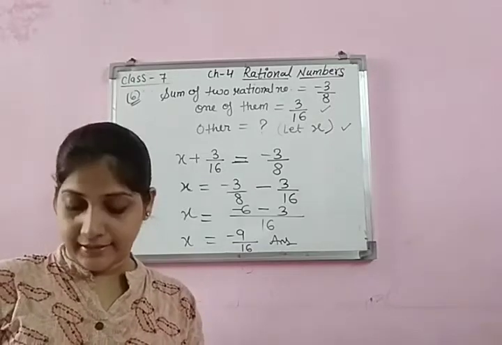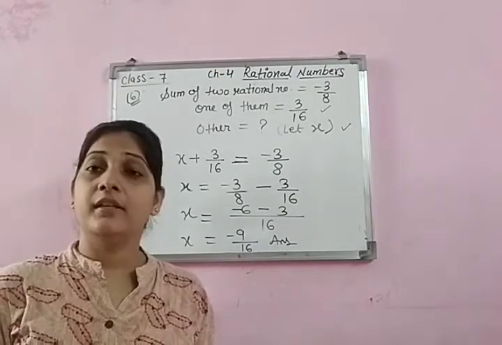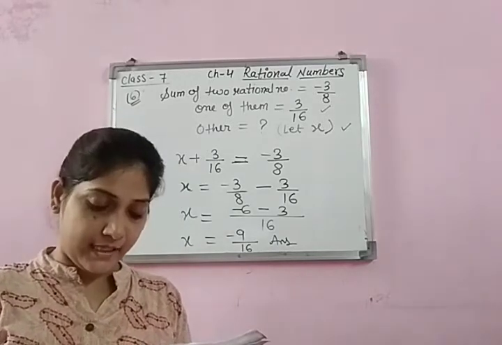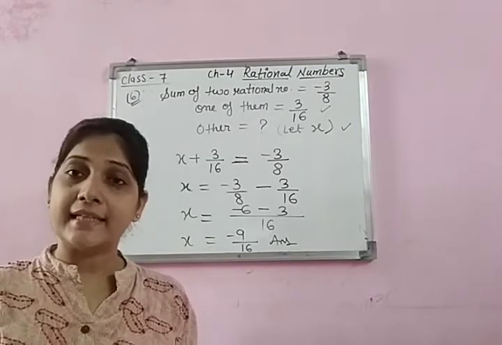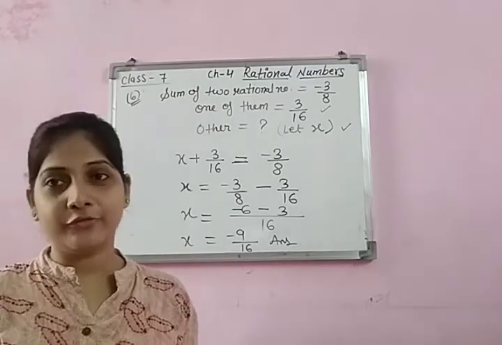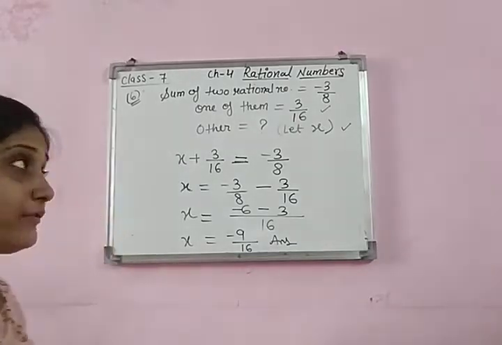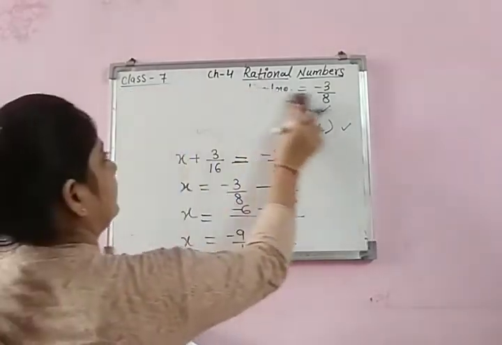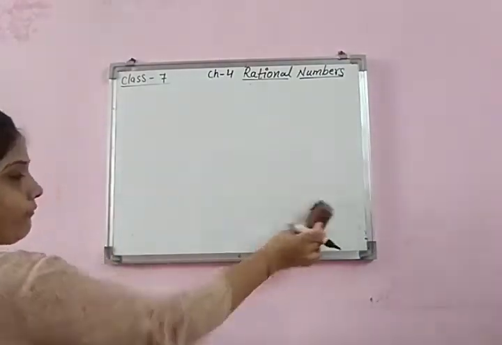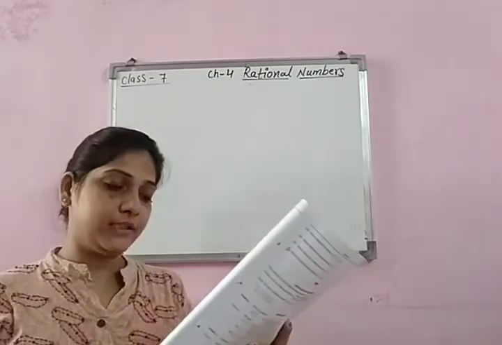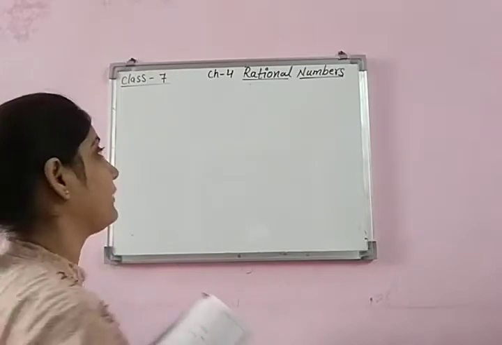So I think now you can easily do questions number 5, 6, 7, 8. These are similar. Now questions number 9, 10, 11, 12 and even 13 also. All are again the same. So I am sharing one of the questions out of these and the rest you have to practice. Okay, because the language must be clear to us. And if we know how to add and subtract, that will be very easy. The question is this: what should be added to the given number to get the next one?